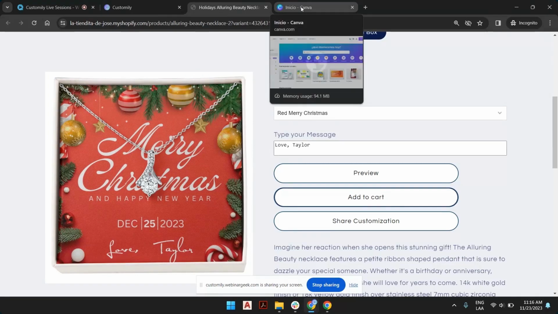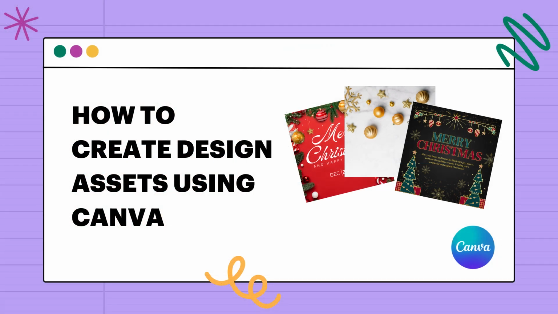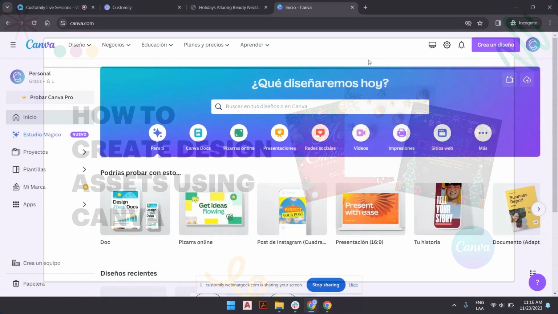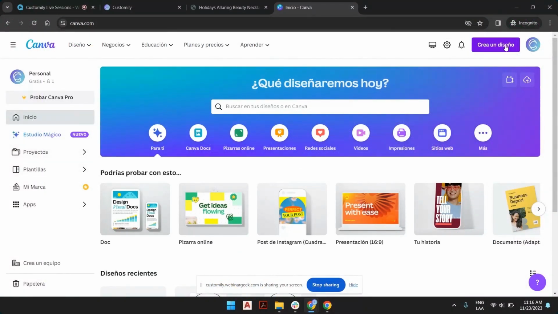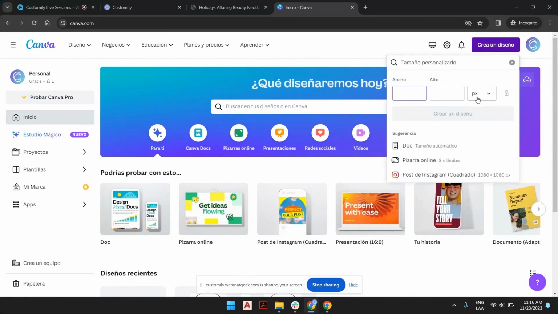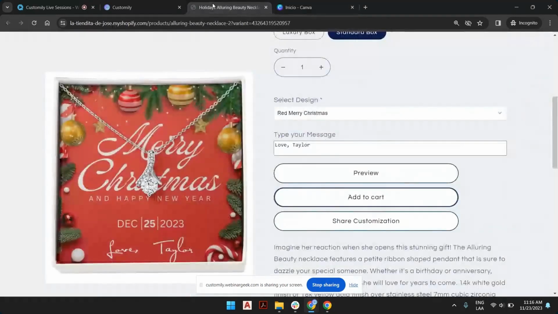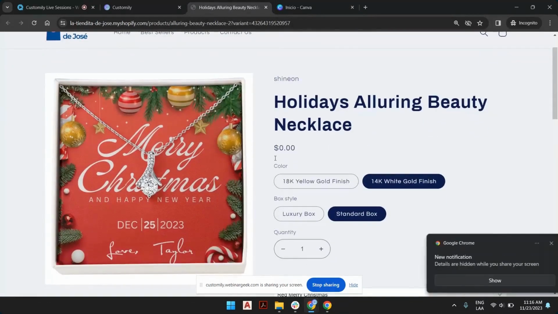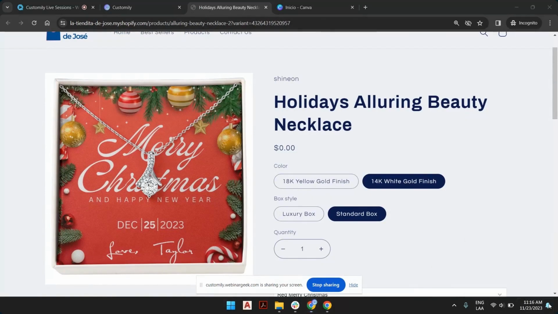But in case those that are not familiar with Canva, this online software allows you to create new designs for free. So if you click on Create Design at the top corner, you'll be able to enter a personalized size and start off with something. Since we're going to be creating a message card for a necklace box,